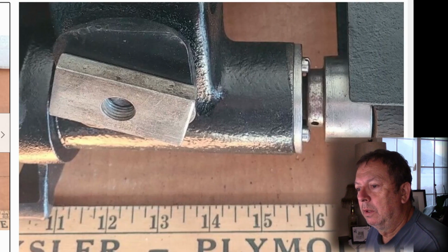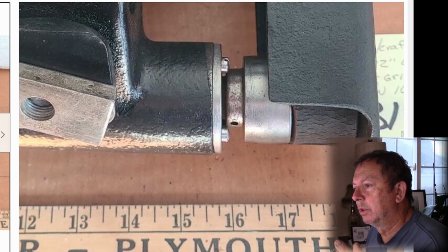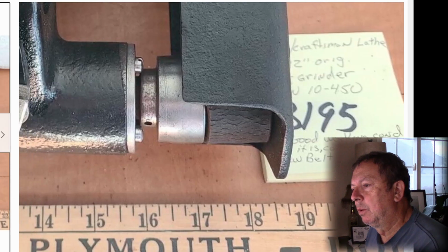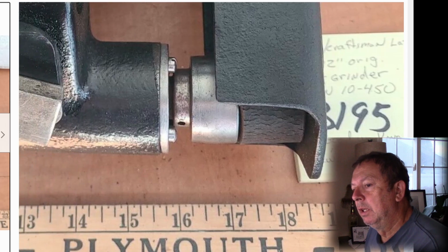Now, when you traverse on across, the hold down bolt is there, and the bottom clamp that clamps on the bottom of the bed. I'm not sure, or into the compound, so you go on over, you see a little bit of corrosion, it looks like, on the locking nut on the spindle. And if you look at the paint right there where the flange bolts up to the spindle,